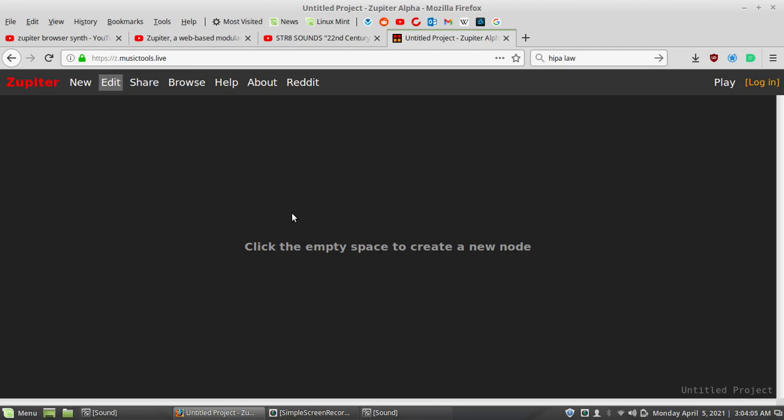But I guess insomnia caught up with me, and I came across the topic of browser synths, like synthesizers, and there's this neat one called Zupiter. I figured since it's still in early alpha, I don't know how far development is, but it's kind of neat, and it's kind of like VCV Rack or other modular synths,